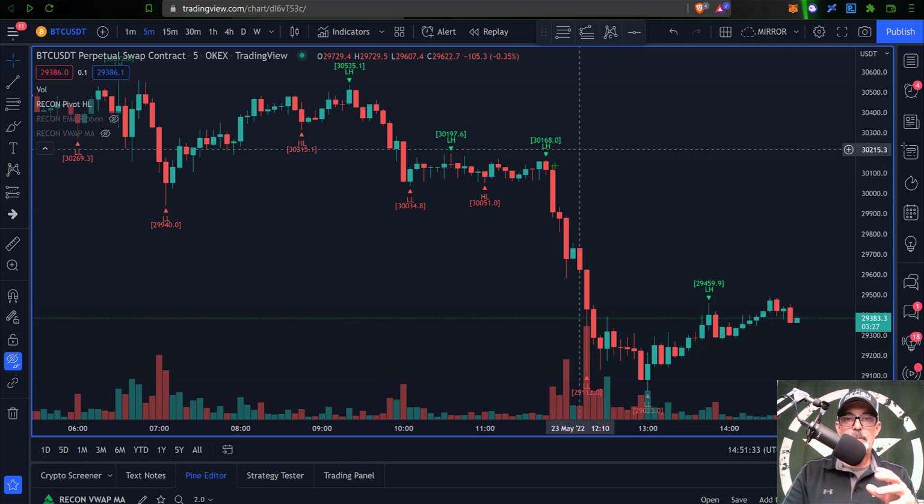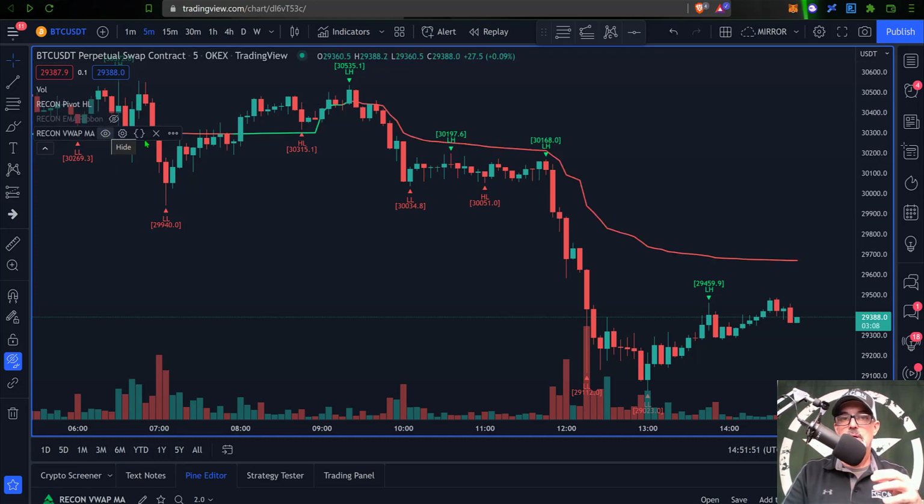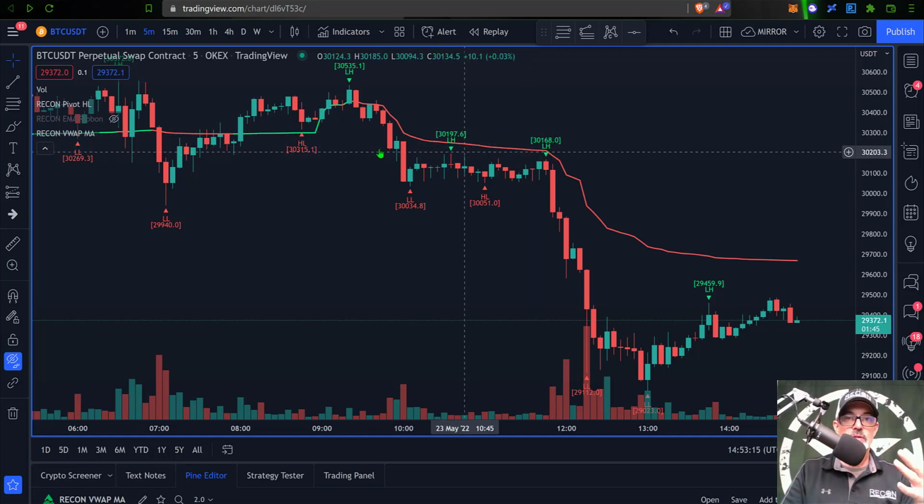So we're taking a look at Bitcoin's 5-minute chart over on OKX, and I'm using it on the BTC USDT perpetual swap contracts. If I drop in my VWAP, you can see a little bit of green, but for the most part a red line on today's chart. If you look back over here where the line goes green and spikes up, right about that time is where VWAP resets at 9 a.m. my time. That's the beginning of the trading day. And it looks like for the majority of the day, VWAP has been red,